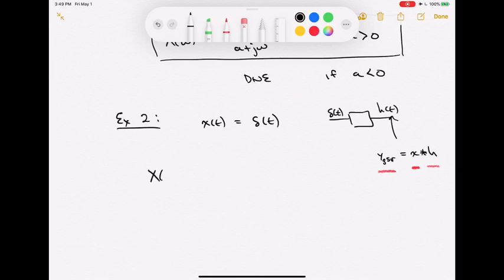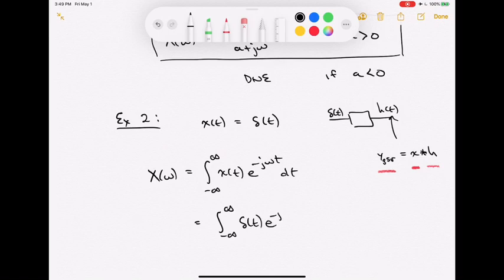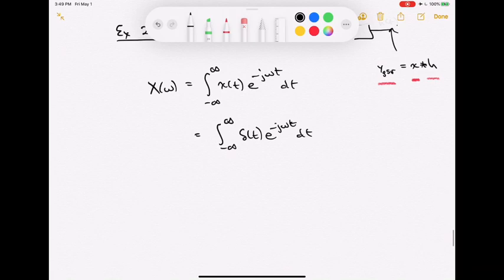The Fourier transform here, X of omega, is what? It's an integral from minus infinity to infinity of my signal x of t, and then I'm going to have an e to the minus j omega t dt. I'm going to go ahead and plug in what is my x of t. That was just a delta function, so I'm going to put in here delta of t, e to the minus j omega t dt. Well, this is about as easy an integral as you can expect, because we know through the sifting property